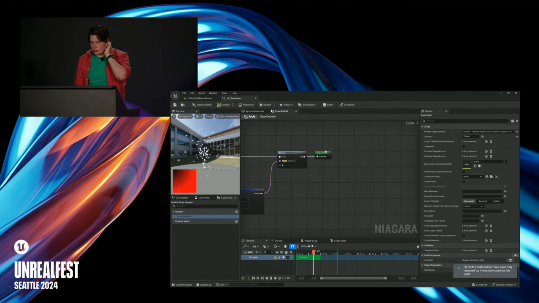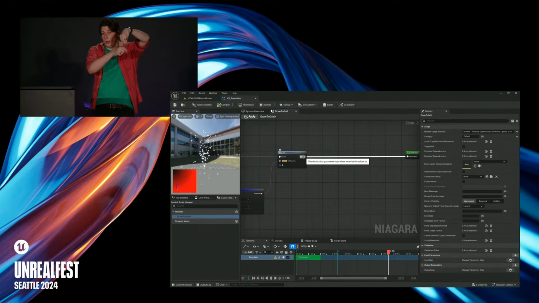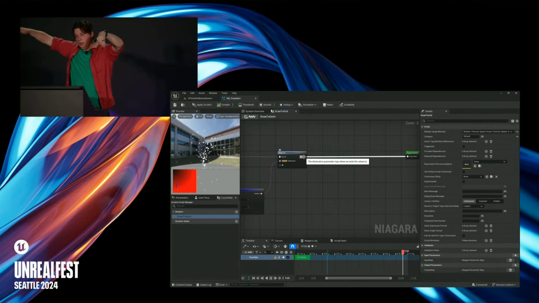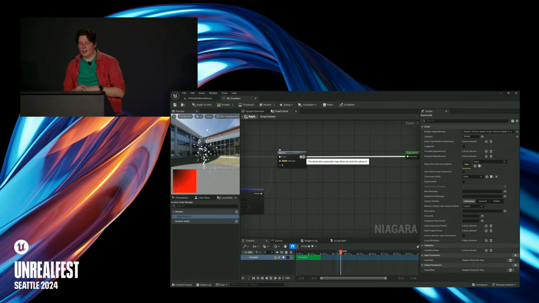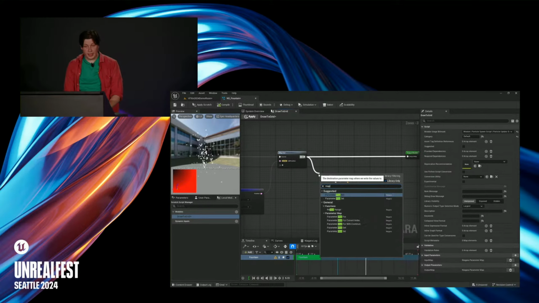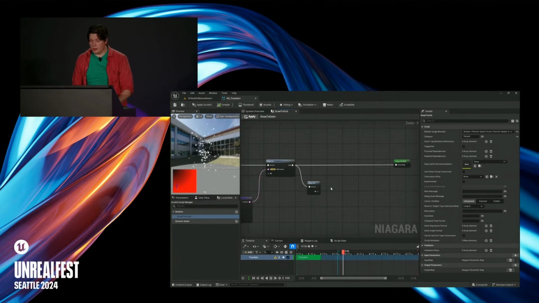OK, so here's the next bit. What I need to do next is I now need to look at this position, which I now know where it is in space, right? But I need to look at that position and compare it to a particle location. And this is where a lot of people are like, well, I guess I need HLSL. Because I need to iterate over every particle and find out where they are, right? And then calculate it. Cool little thing you can do is not use HLSL,